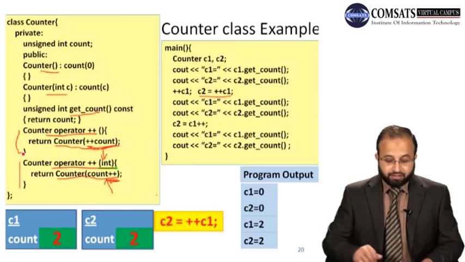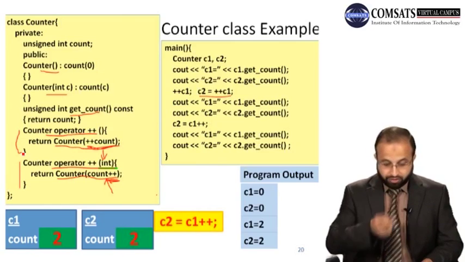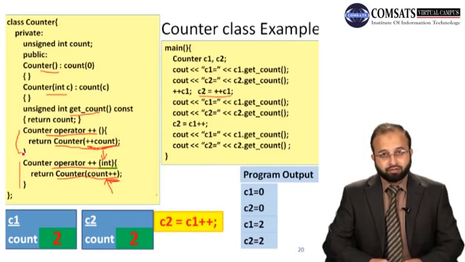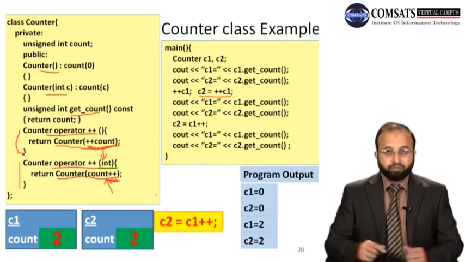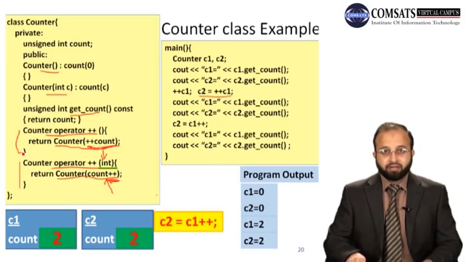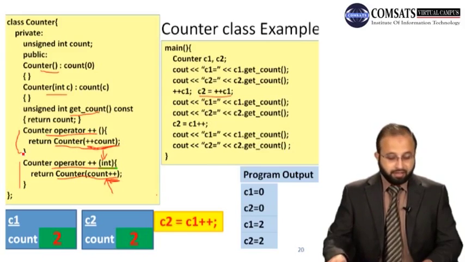Now the next statement is this one. ये जो स्टेटमेंट है इसमें सबसे पहले जो ऑपरेशन परफॉर्म होगा, दैट इज असाइनमेंट। सो इसमें C1 की जो प्रीवियस वैल्यू है वो C2 को असाइन हो जाएगी, एंड देन C1 की वैल्यू को इंक्रीमेंट किया जाएगा। पहले इंक्रीमेंट नहीं किया जाएगा, प्री में पहले इंक्रीमेंट कर रहे थे, पोस्ट में पहले इंक्रीमेंट नहीं करेंगे। सो इस पर्टिकुलर केस में हमारे पास ऑपरेटर प्लस प्लस इंट की फंक्शन एग्जीक्यूट होगा, एंड दैट इज दिस फंक्शन हेयर।